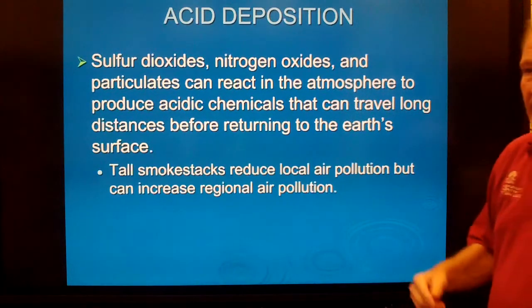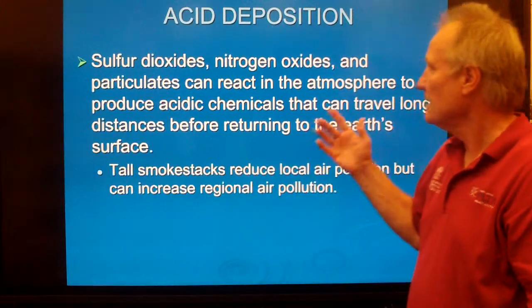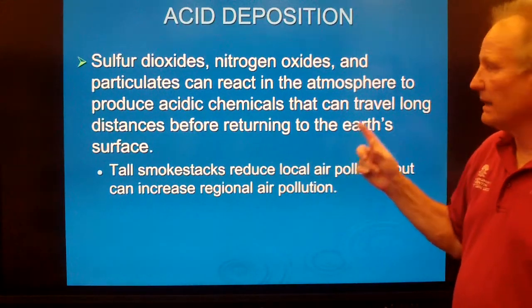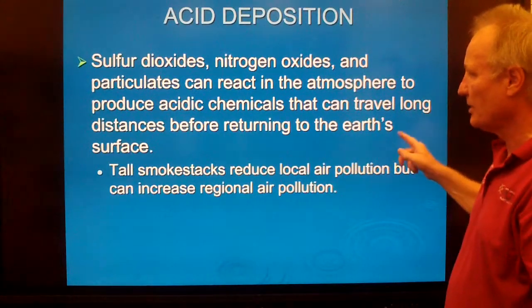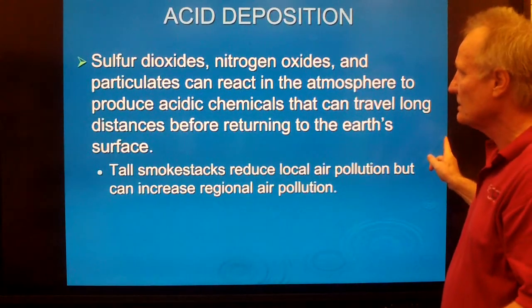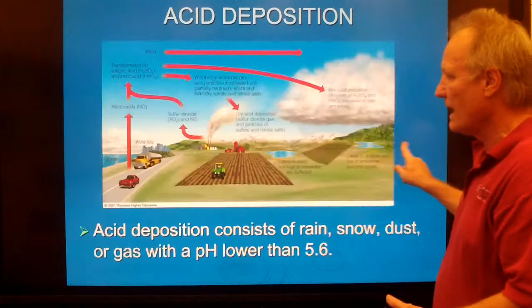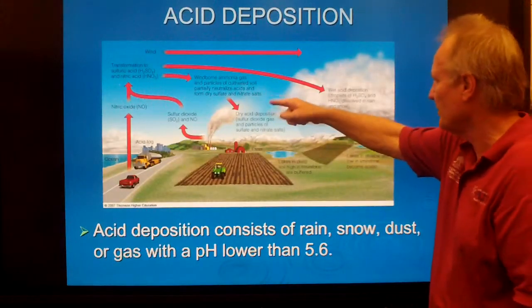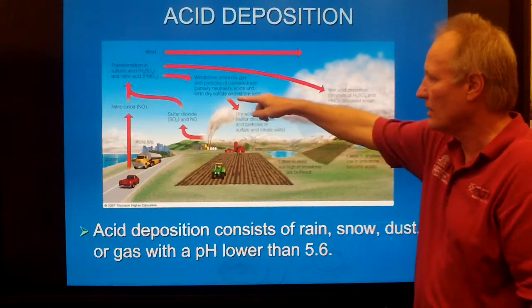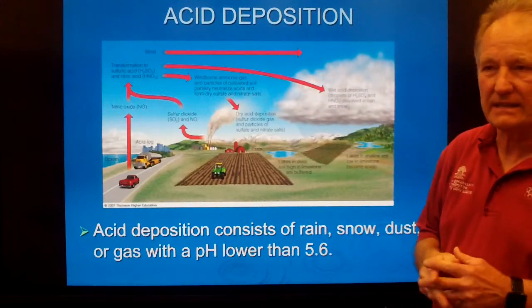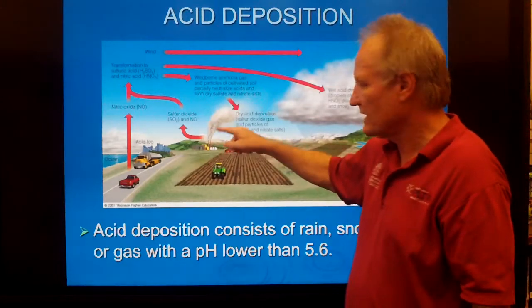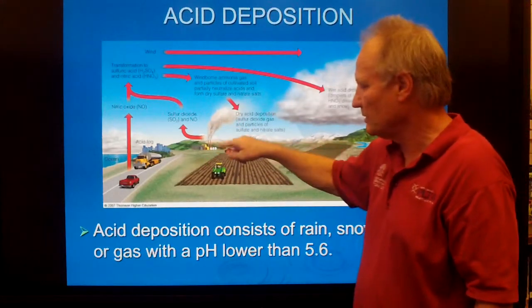Okay. The next key concept is acid deposition. Sulfur dioxides and nitrogen oxides and particulates lead to acid deposition. So this stuff goes up in the air, as we saw before, and wind comes up and transforms it. Back in the early 1900s, factories didn't have big smokestacks, and so all the people who lived by the factory